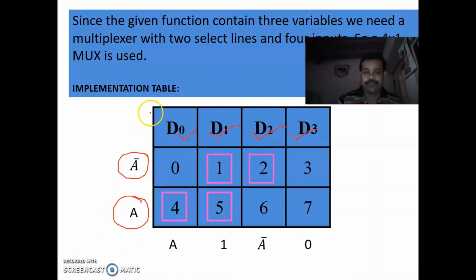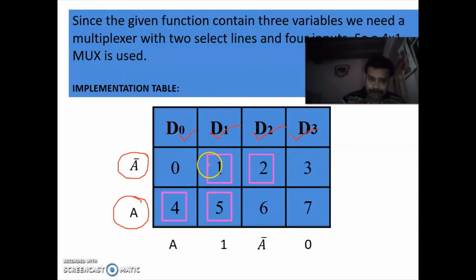What we have done is we are going to draw an implementation table. We are asked to do it by using a 4:1 mux. A 4:1 mux is having 4 inputs, so we have written the inputs as D0, D1, D2 and D3. Before that, we have made two rows. In the first row, we have written A bar and in the second row, A. Then we have plotted the numbers and encircled the numbers given in the question.